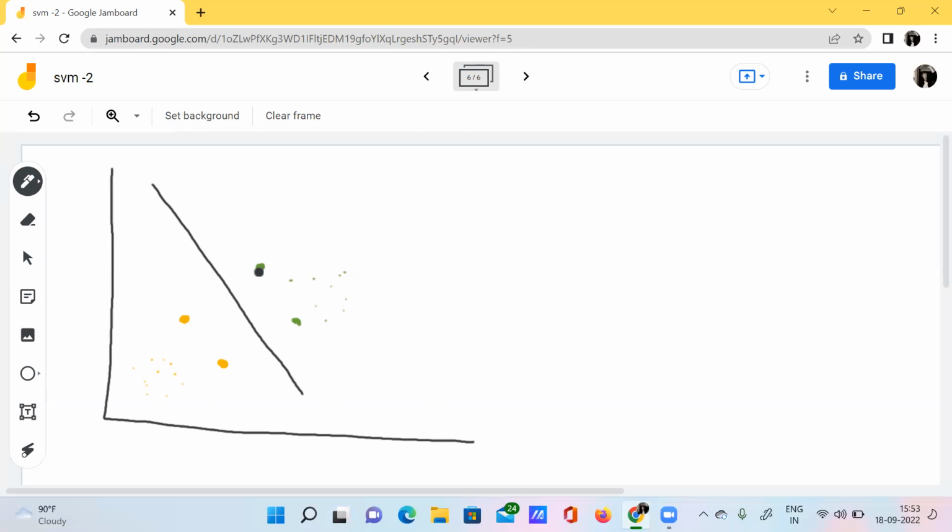These data points are actually lying at the very closest distance to this particular hyperplane, right?